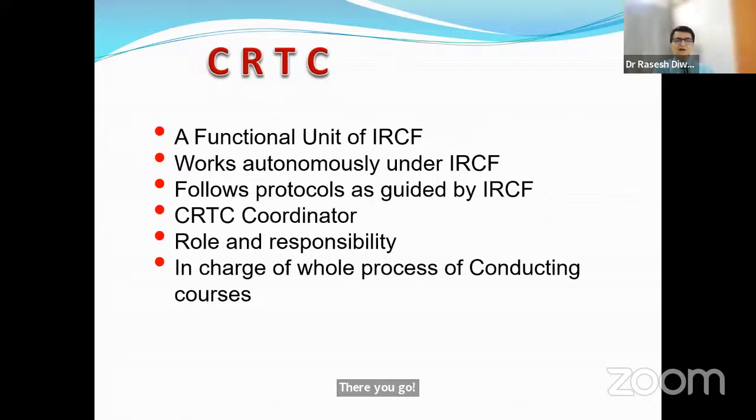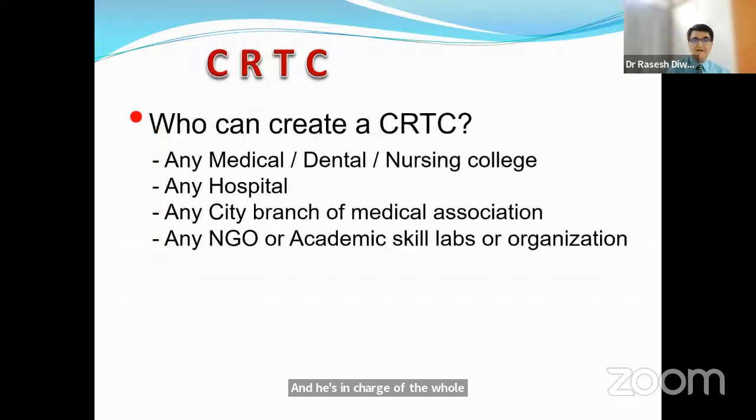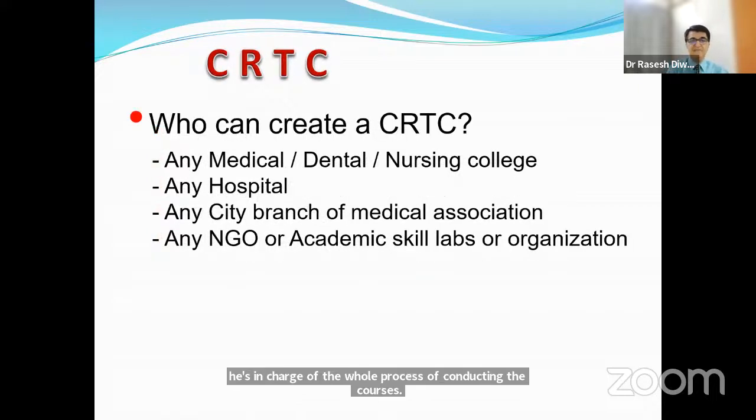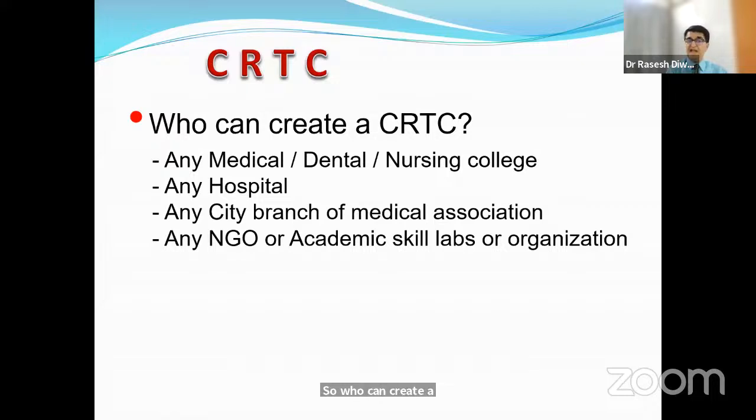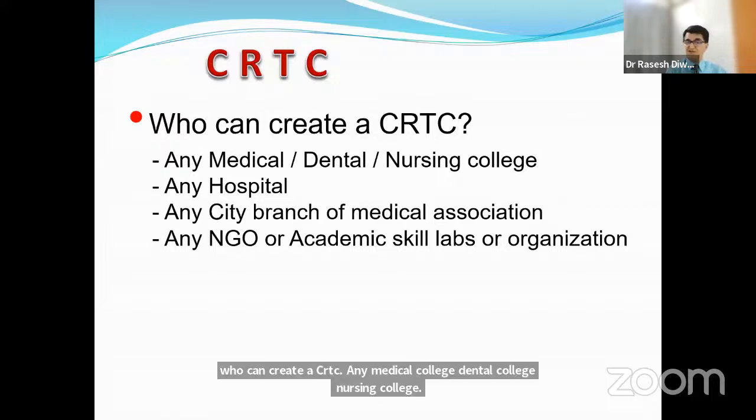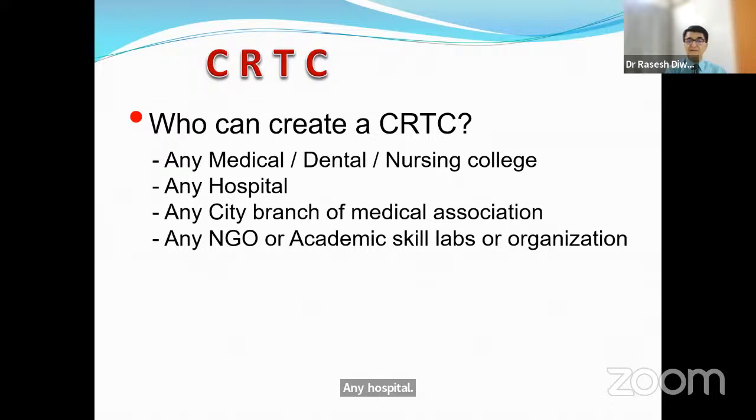So there is a fixed role and responsibility of the CRTC and the CRTC coordinator, and he is in charge of the whole process of conducting the courses. So who can create a CRTC? Any medical college, dental college, nursing college, any hospital, any city branch of medical associations, any NGO or academic skill labs who are involved in therapeutics or in medical management or in the medical skill labs, we give a permission